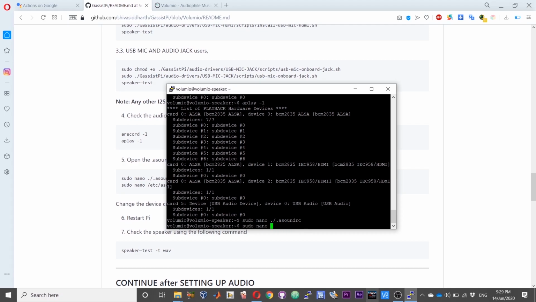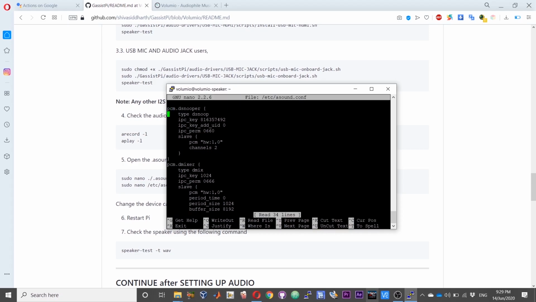We need to change the same in the asound.conf file as well. /etc/asound.conf. Change the numbers over here as well.